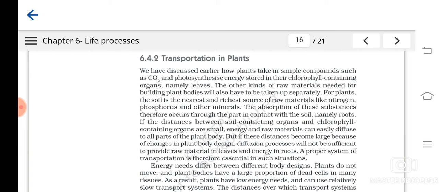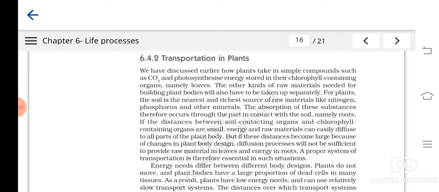And I told you ascent of sap is a unidirectional process, means from roots to the different parts of the plant it occurs. And translocation, on the other hand, is a multi-directional process. Why? Because the movement of food can be in any direction. Sometimes fruits are storing the food, and from there it can be taken, isn't it? Or from the leaves where the food is prepared, from there it can be taken. So from anywhere to any direction this can take place.